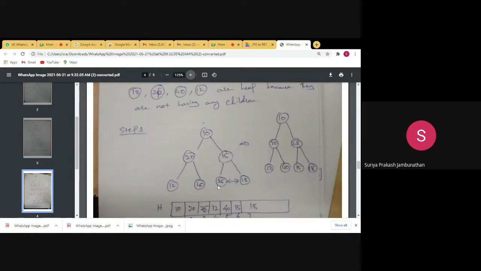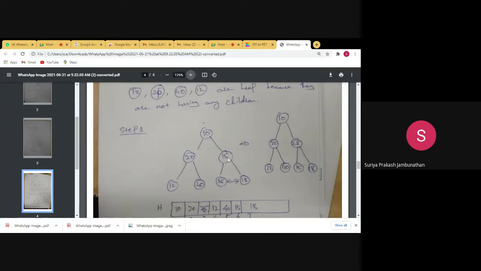If they are greater than 15, of 18 and 25, 25 is the greater value. So we have to swap 15 and 25. 25 will go to the root node and 15 will come to the leaf node. So 25, 15, 18 it will be.